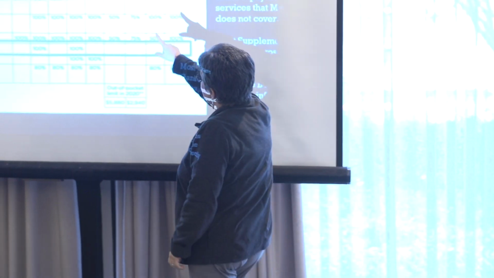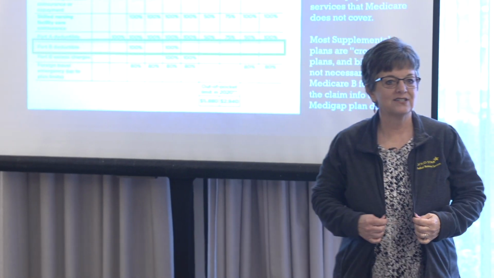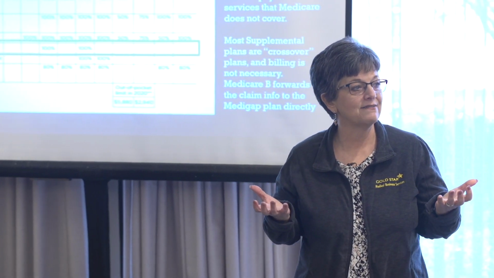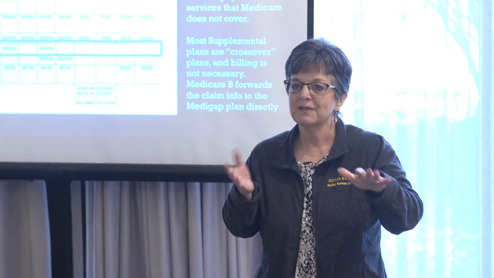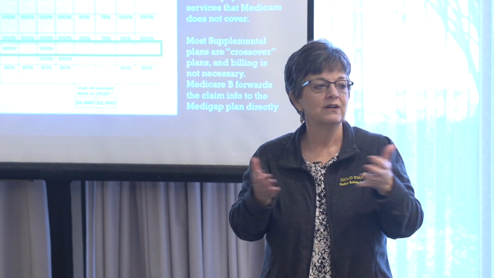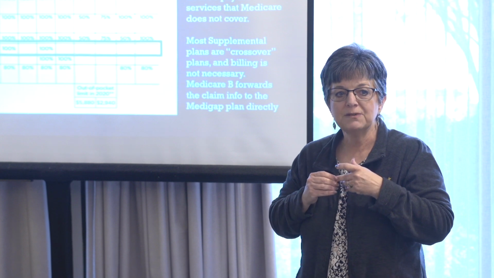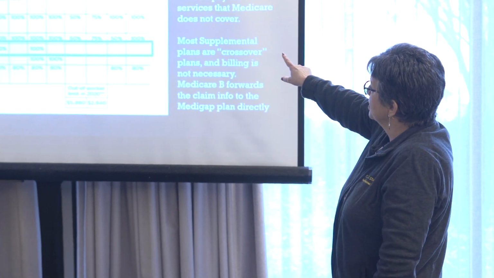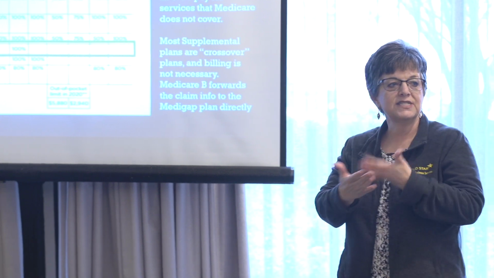Plan K covers 50% of the 20%. That means the patient is still going to have a balance at the end of the primary and secondary payment. It's going to be tiny, but they'll have a balance. They may have a $4 or $5 balance left on their account. So you have to be sure that you're collecting appropriately based on the plan letter that you see on their